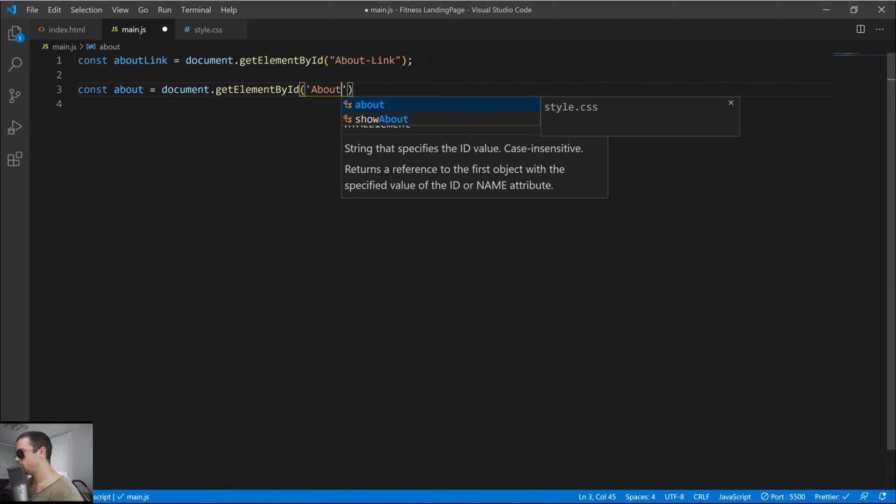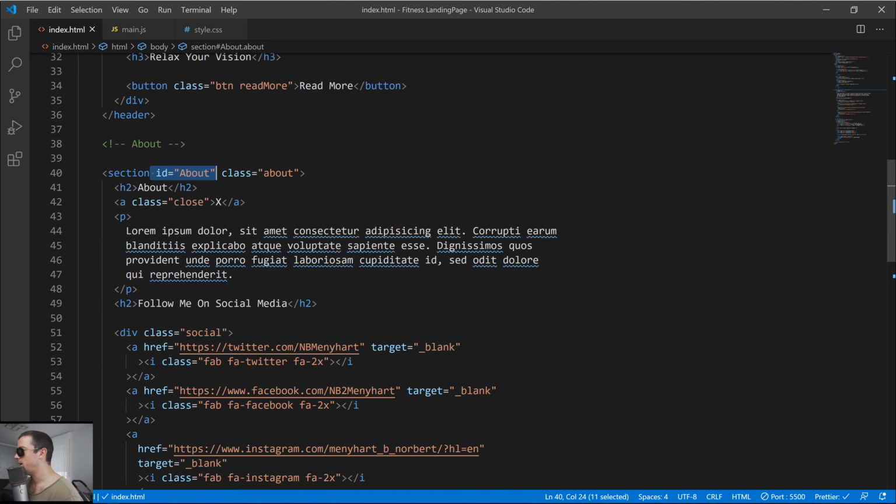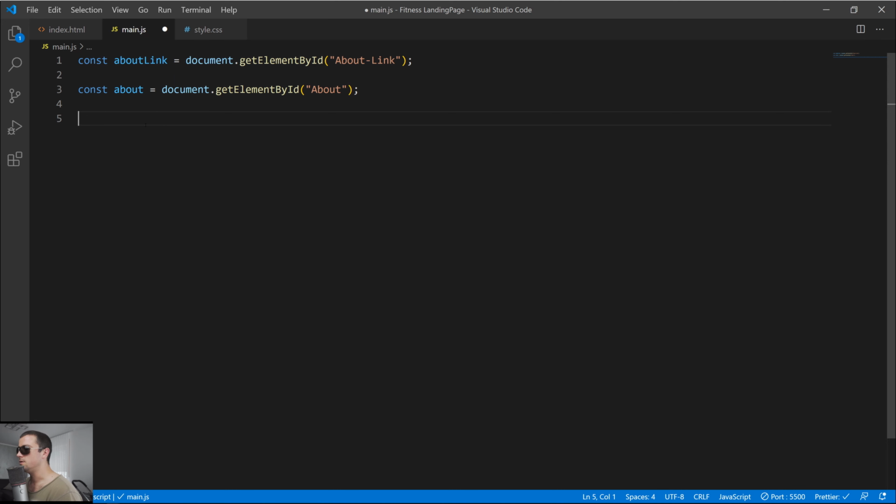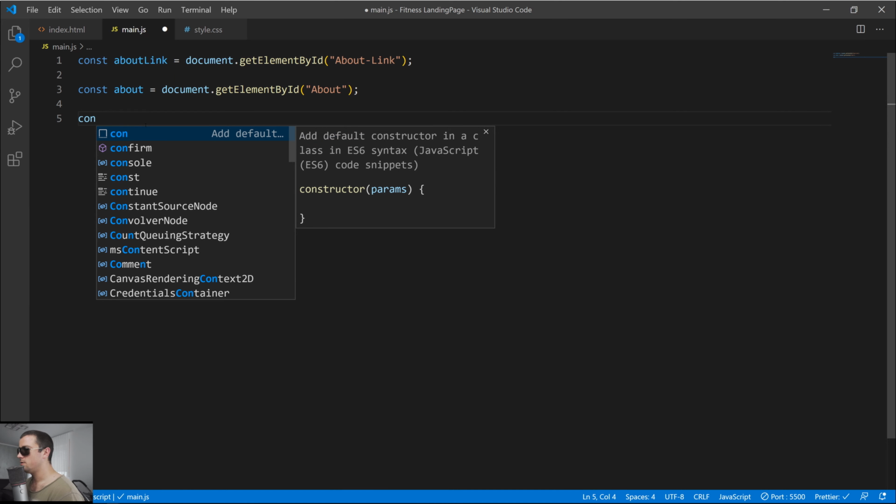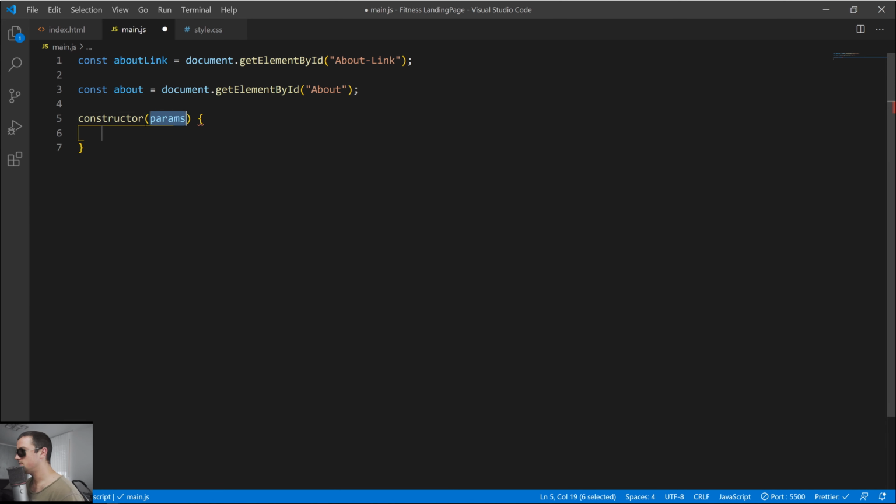Okay, so this is the ID from our about section. Go down here, you can see the section where the about is created has an ID of about. So we're not grabbing onto the class, but the ID of about. Now last thing I want to grab on, actually we need to grab onto a couple of things more, but now I'm going to create another const, not the constructor,